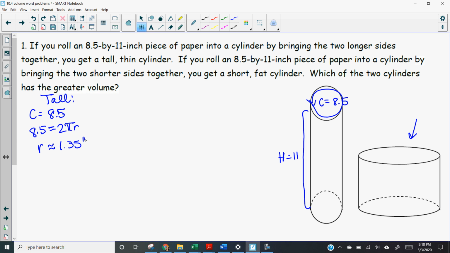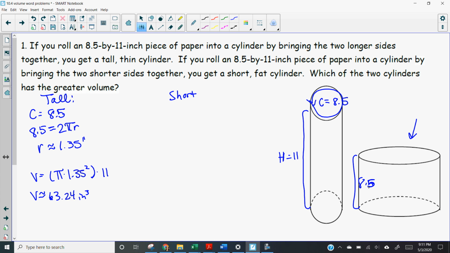Okay, now we can calculate the volume. So we need area of the base, that's pi r squared, times the height of the whole thing, that's 11 in this case. Okay, so that volume is about 63.24 cubic inches. Now, if we compare that to the shorter one, its height, this is the 8.5, so now